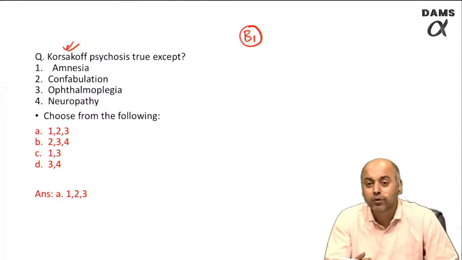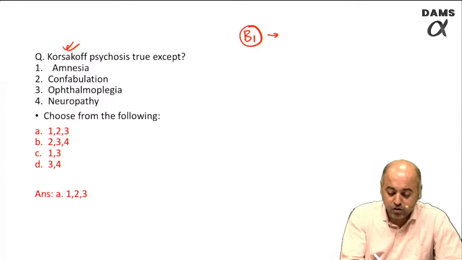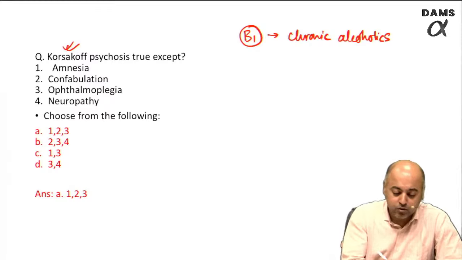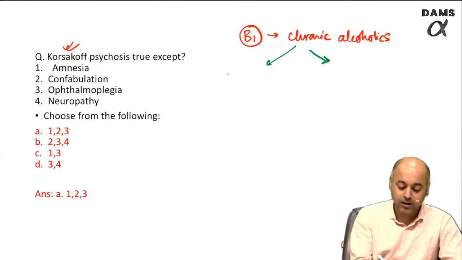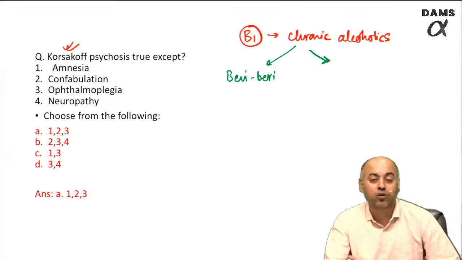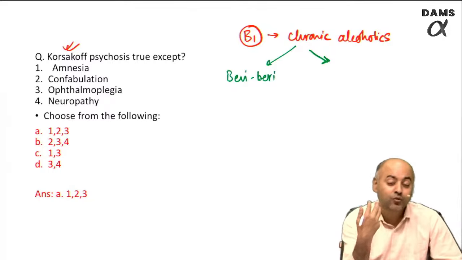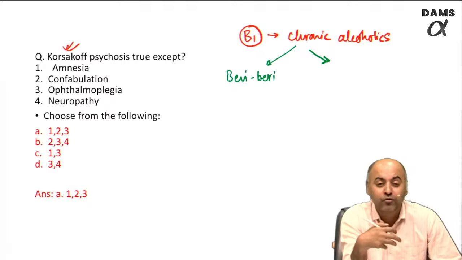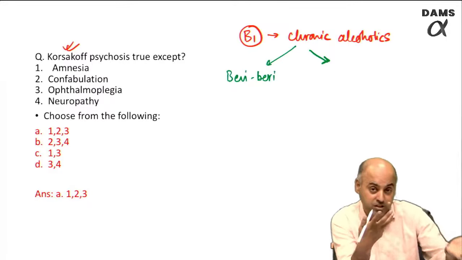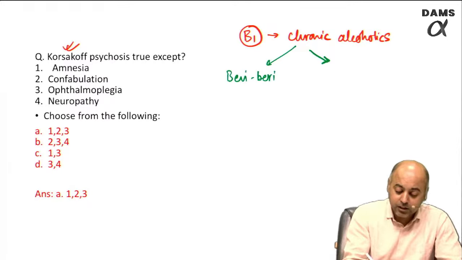Now when we talk about the B1 deficiency, you have to remember it is commonly seen in chronic alcoholics, and the two common conditions that you see due to the B1 deficiency, one is beriberi. You can have the symptoms of the neurological system when we call it dry beriberi. You can have the symptoms of the cardiovascular system when you call it wet beriberi. You very frequently have symptoms from both the systems. The second one is Wernicke's